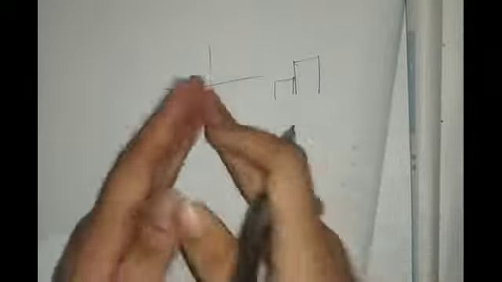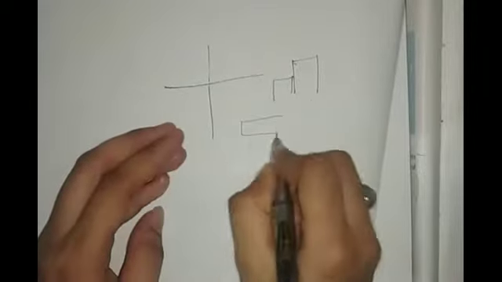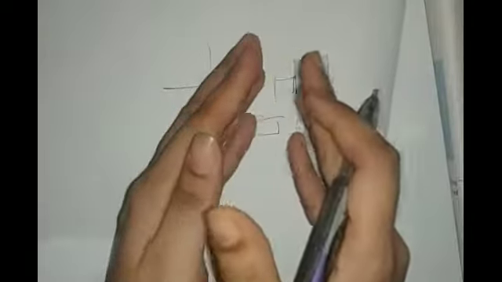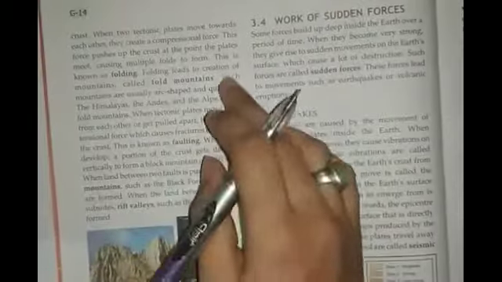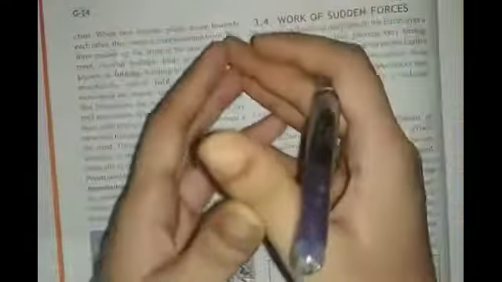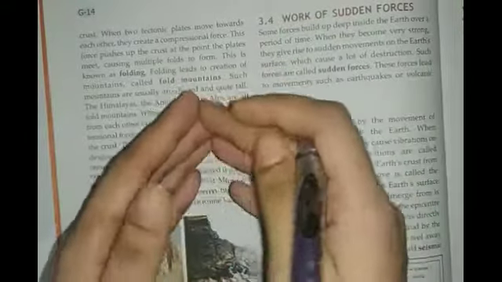So horizontal movement is, as I told you, where the land used to go away from each other, or sometimes they used to compress with each other. So this type of movement is known as horizontal movement. Okay, so horizontal movement, we can see when they come close to each other, then it is known as folding. You can see here these folding mountains. When they came close to each other, then they become like this.